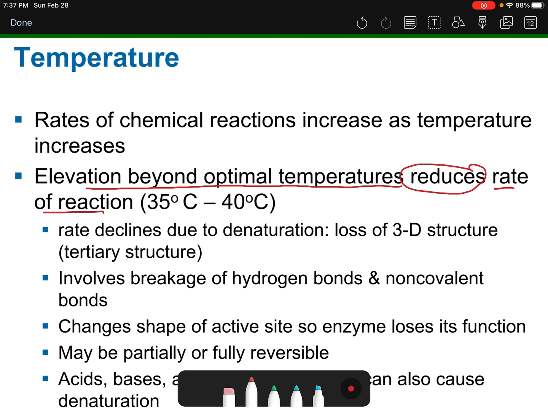Okay, so when you think of in here, we have our body temperatures right around 35 to 37 degrees Celsius. So if we start going too much past that optimal temperature, then we're going to start to see denaturation. Loss of that three-dimensional structure of the proteins. So the proteins denature. That's what we call this process right here. Breaks hydrogen bonds and non-covalent bonds, change the shape of the active site, so the enzyme